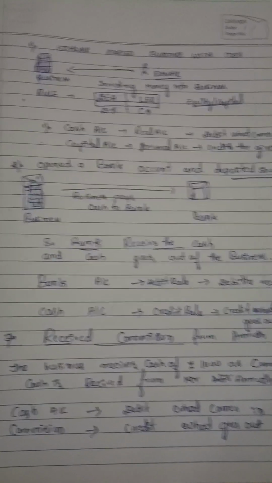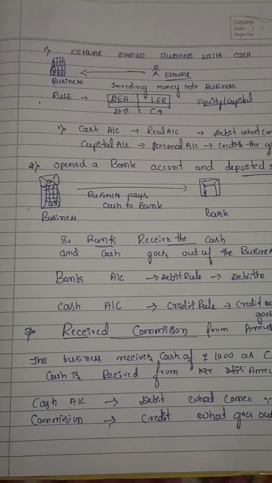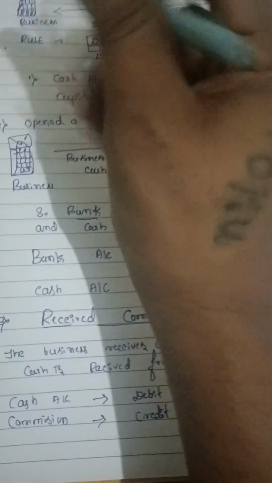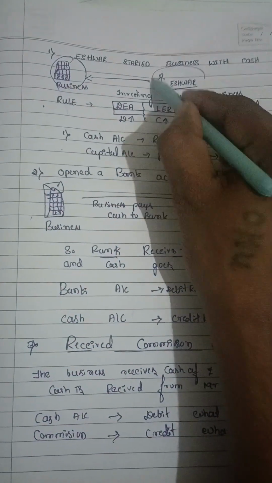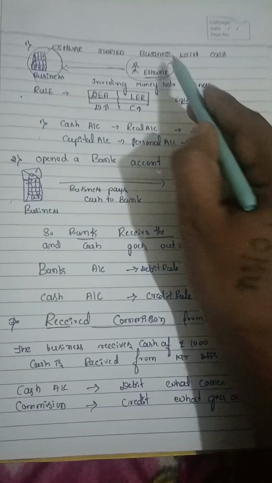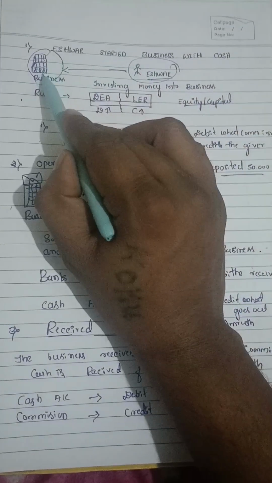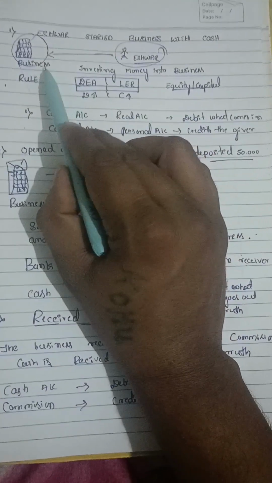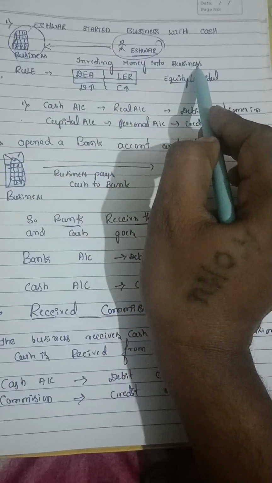So what is the first entry? Ishwar started business with cash. Okay, now this is the business, this is the person. This person is starting business. What is happening here? Business investing money into